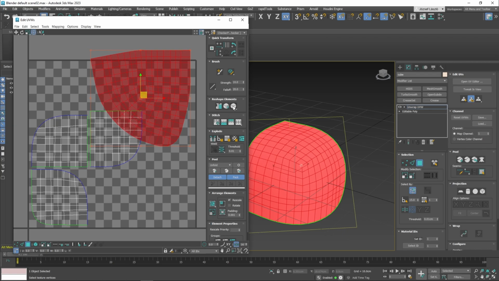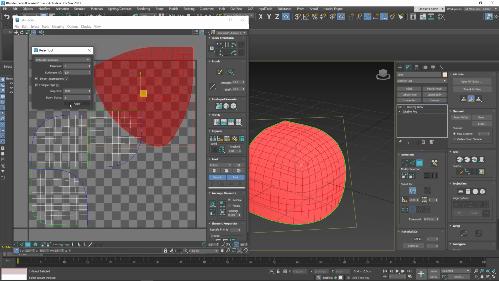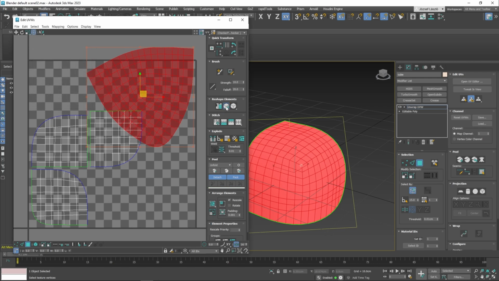Now I just relax it again, clicking this button as many times as I want, or by holding down the mouse, it will pop this menu up, and you have this cog icon. If you press it, it will open the tool which you're using, and you can increase iterations and adjust settings for it. These are the classic Max algorithms, and this is the latest one, which I recommend you use anyway. And now if I press relax until flat,